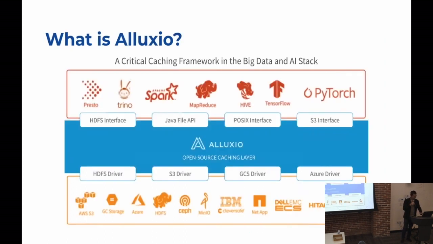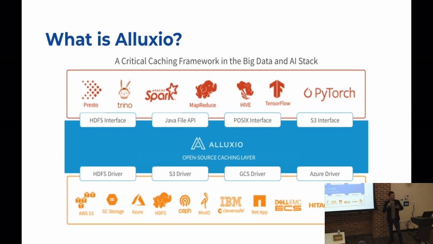As I mentioned, Alluxio is a cache for big data. I'm not pitching Alluxio today; I'm just using it as an example in my session. Most of you are in data science or computer science, am I right? When we talk about machine learning and data science, we're talking about distributed systems.